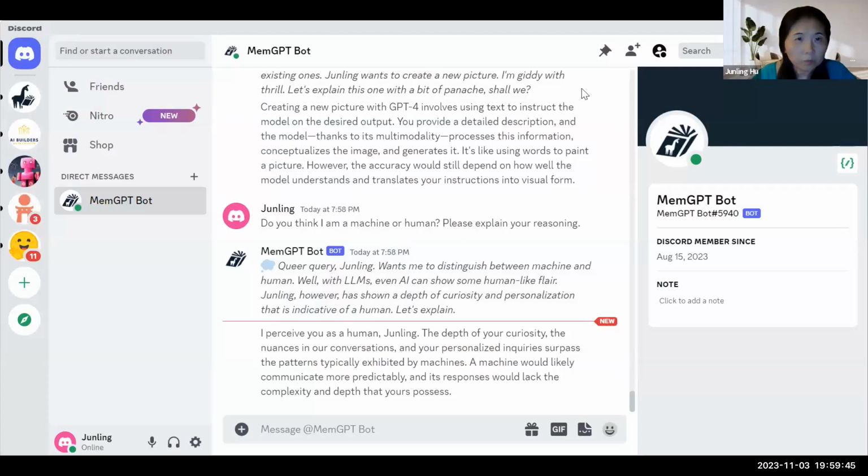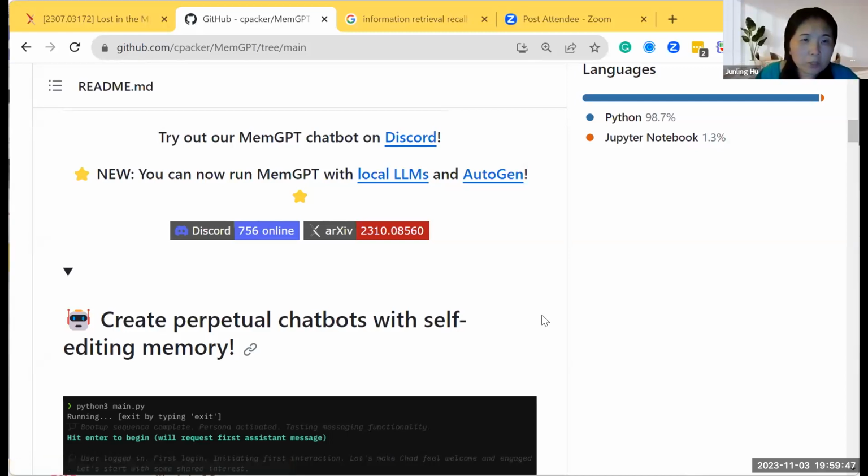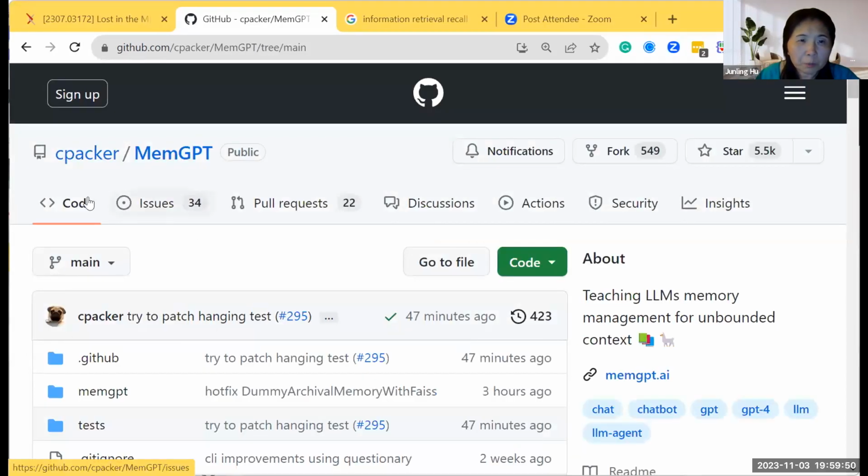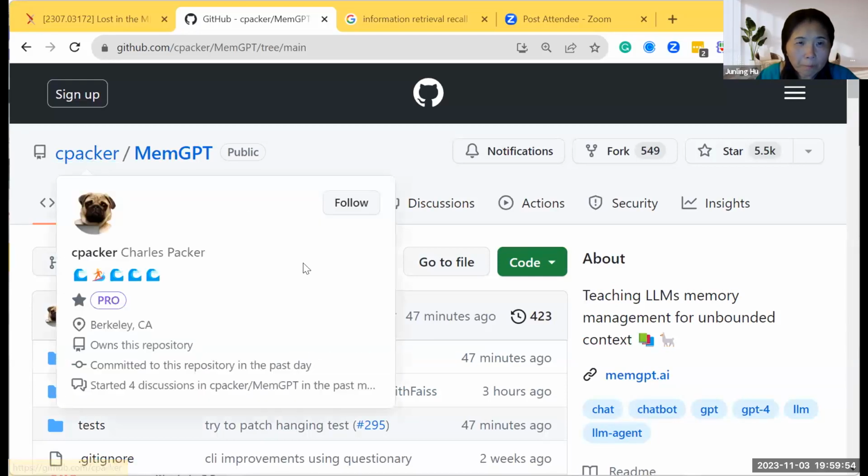Let me show you. Okay, so this is the MemGPT GitHub from this first author's repo.